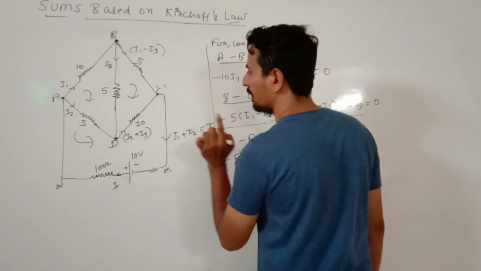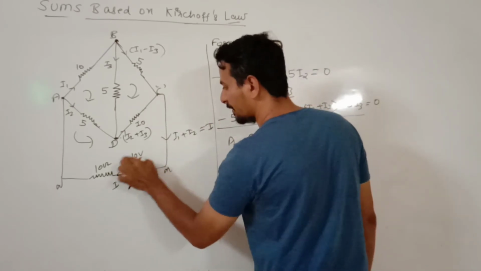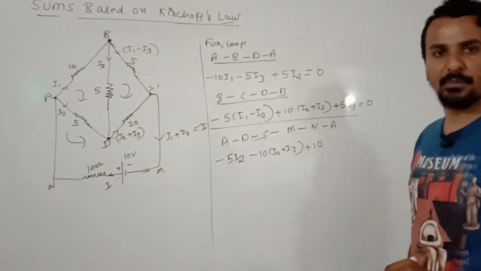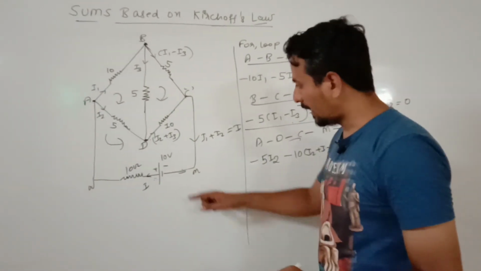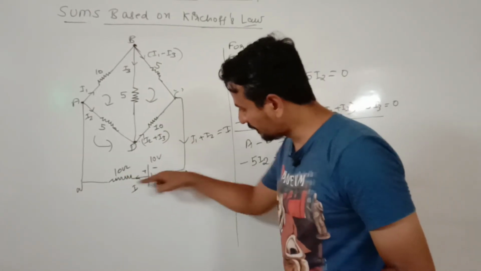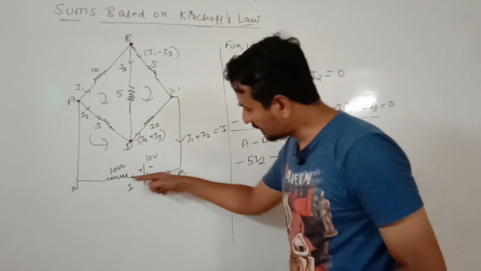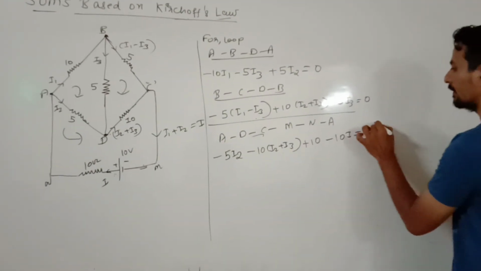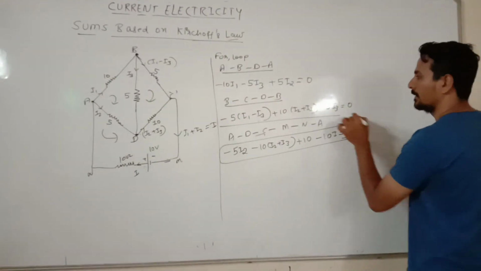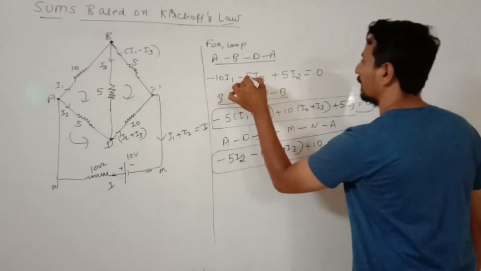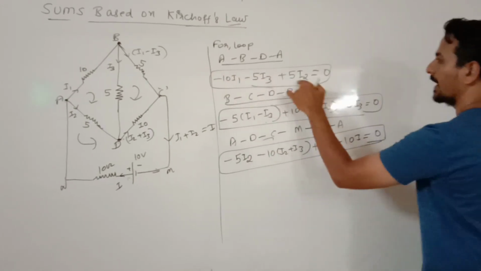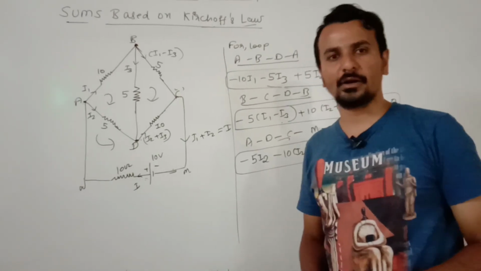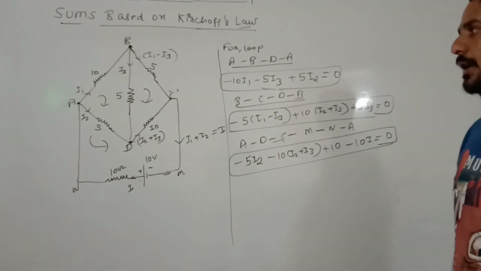Now we are moving from the negative to the positive terminal of the battery, so that has to be plus 10. EMF will be considered positive. And now we are moving in this direction, I is the current in the same direction, so the drop will be taken negative. So this is your third loop, this is your second loop, and this one is your first loop. There are I1, I2, I3, 3 unknowns and 3 different loops, 3 equations. So you can solve this by the method of elimination and find I1, I2 and I3.